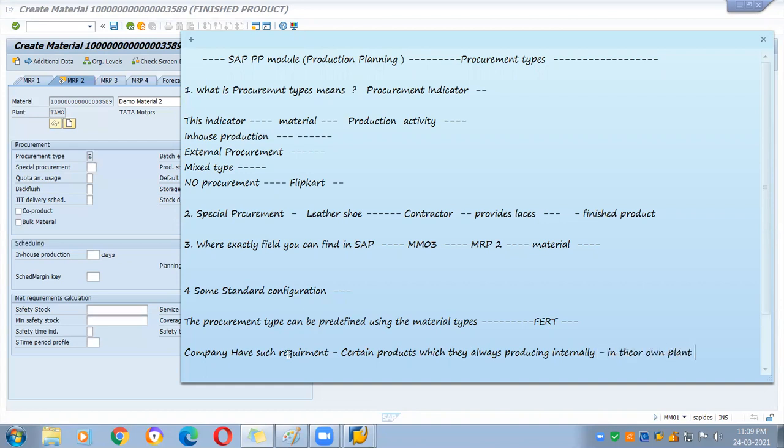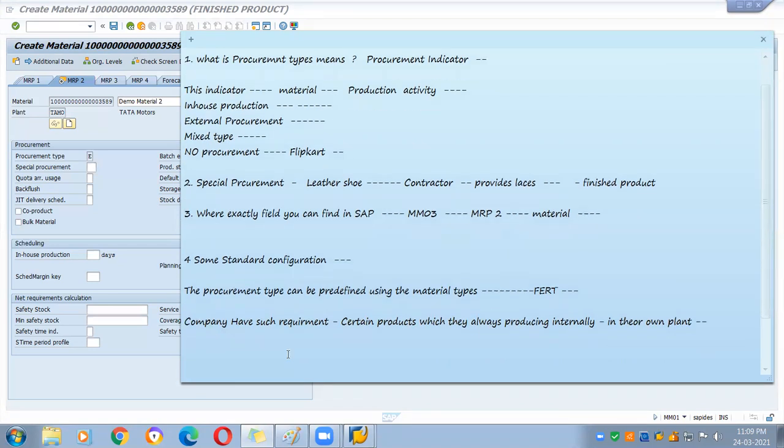Getting me? So they are restricting that it should not be in the system that anyone should select external procurement. Okay, it wants to restrict that.